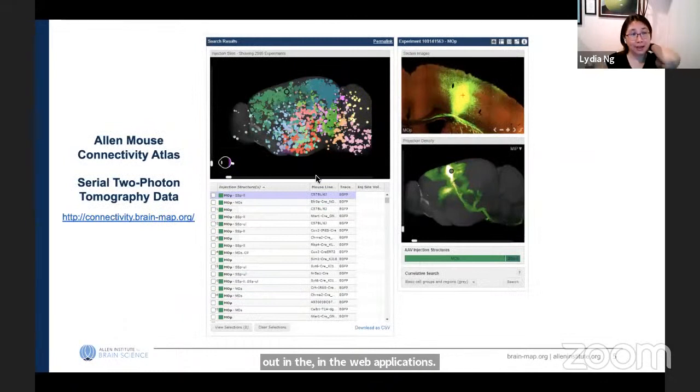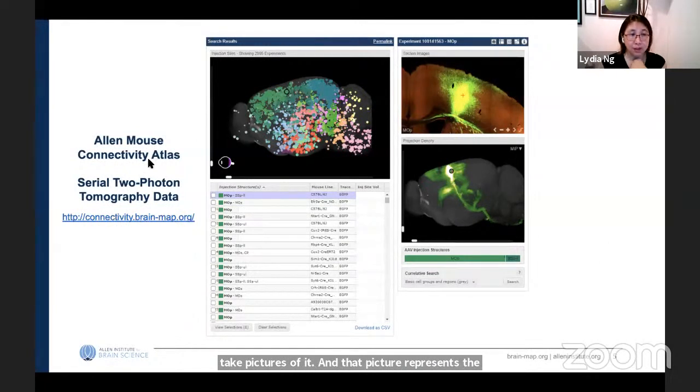All right, so let's go back in time. Allen Mouse Connectivity Atlas. Briefly, this is a data set of projection data. If you open up the atlas, there's a picture and there's all these little dots. Every dot represents an injection into a particular mouse brain. That injection has a virus load, and when cells are infected, it will make that entire cell glow green. And then we take pictures of it, and that picture represents the projection from that area to the rest of